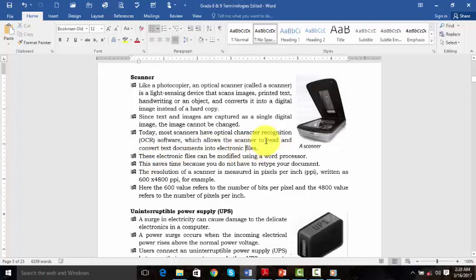To read is to detect. When the pictures or any document or hard copy is loaded into the scanner and commanded, the scanner has the capability of reading. Then after reading, it converts the text documents into an electronic file.